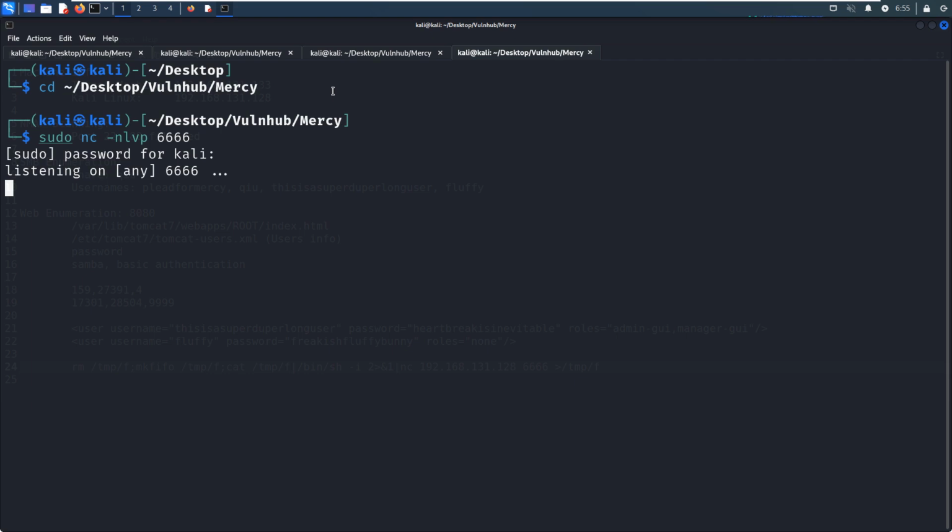As I mentioned at the very beginning, this mission involves so many different types of techniques.